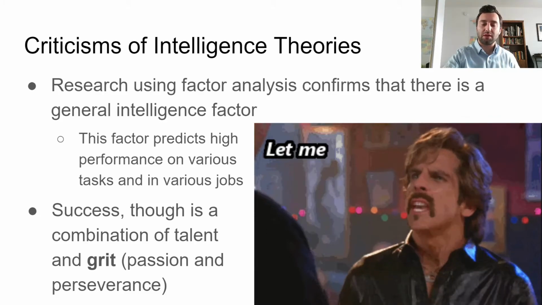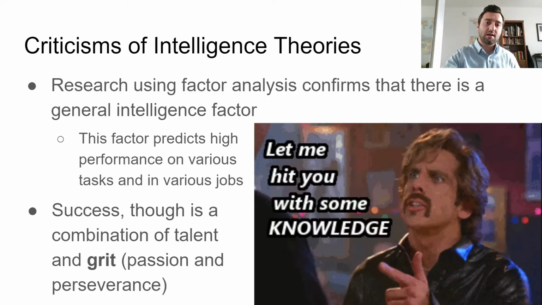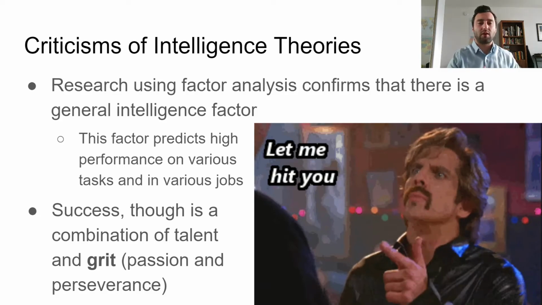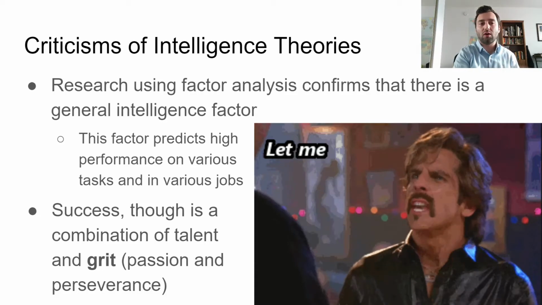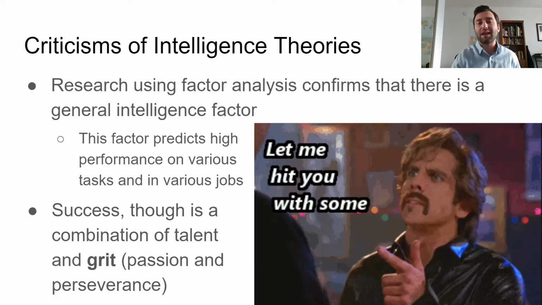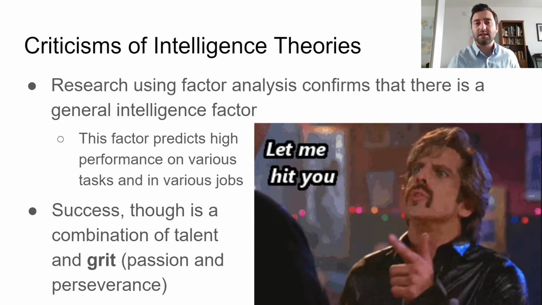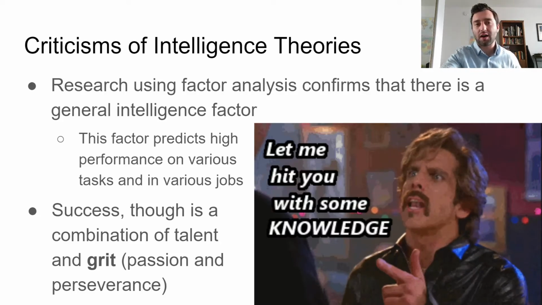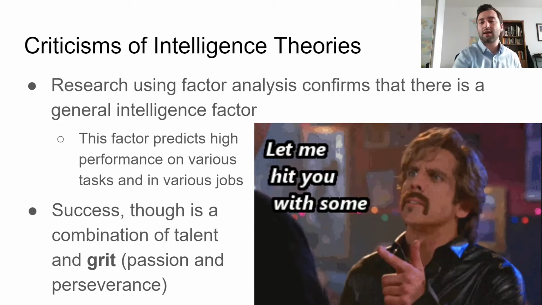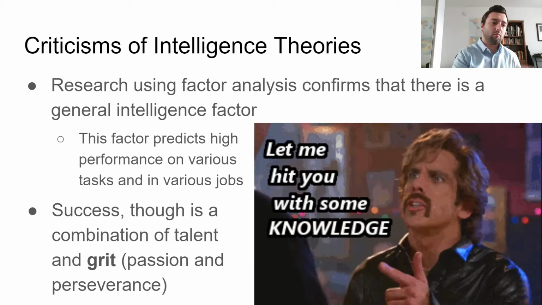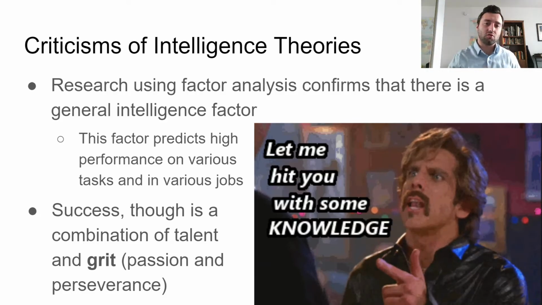Now, it doesn't necessarily mean you're going to be the highest scorer everywhere, right? You can be a little bit better at some things than others, but you are going to see these kind of clusters, right? Where if I'm generally intelligent, I'm going to do well. If I'm generally in the middle, I'm going to be in the middle. And if I'm low, I'm going to be low on all these different kind of scores. And again, this factor predicts high performance on various tasks in various jobs. So kind of this idea that if you score high on an intelligence test, you could probably do a large variety of different things, right? You could do science, you can do English, you can do math, you can do more of like the social studies, you could do art maybe, but you can do kind of all these different things due to this underlying piece.